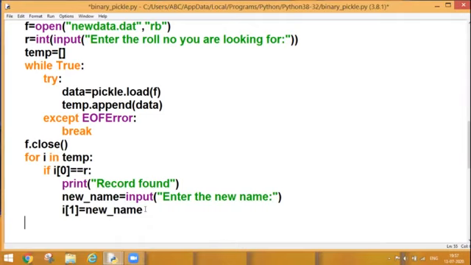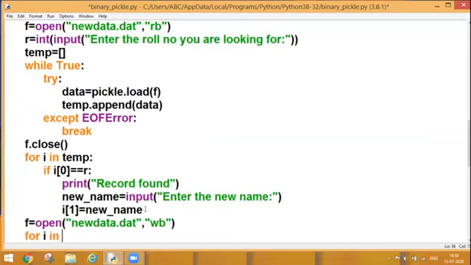After writing it, what do I want? I want to write it permanently into my file. For that, I am going to open my file in the write mode. What is my file name? newdata.dat. I am going to open it into my write mode. Here I cannot use my ab mode because I am not going to add the data, but I am going to overwrite the data. So for overwriting, wb is there. After opening it, I'm going to run my loop.